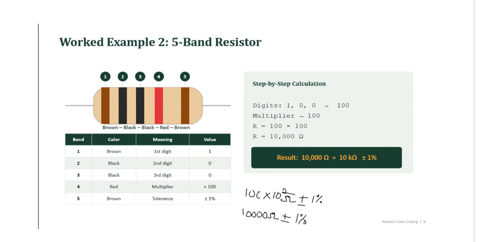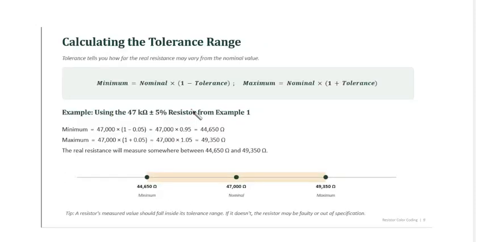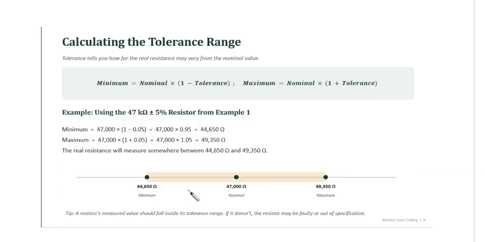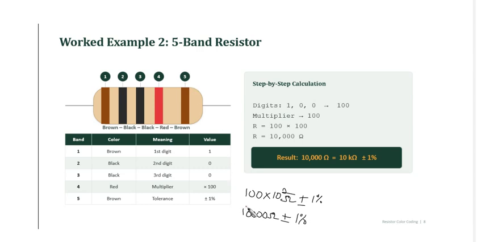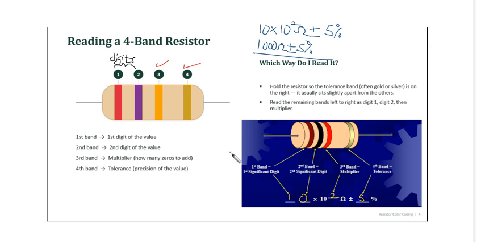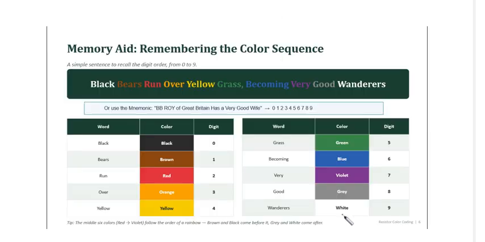So when you hear the term nominal value, it is referring to the actual value calculated from the color band, exclusive of the tolerance, right? And now we are saying that tolerance tells you how far the real resistance may vary from the nominal value. The real resistance in this case is what the resistance actually is when you measure it. In the laboratory, you can use your multimeter to take resistance readings. Sometimes you might see a resistor with a particular color band and you expect that, like this one now that we're having it as